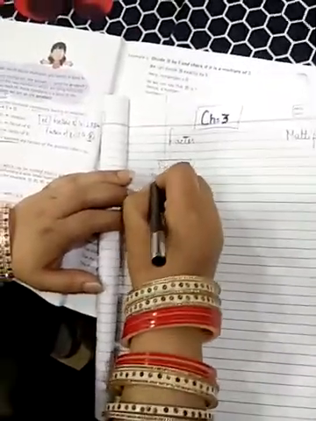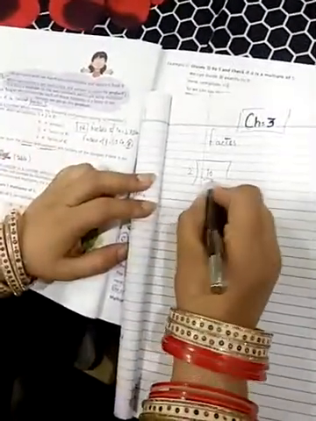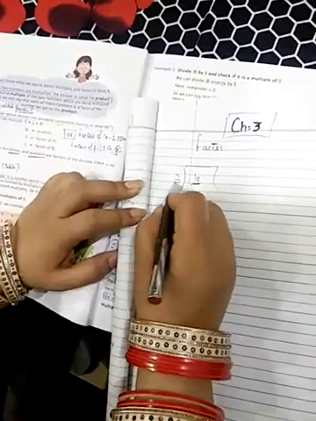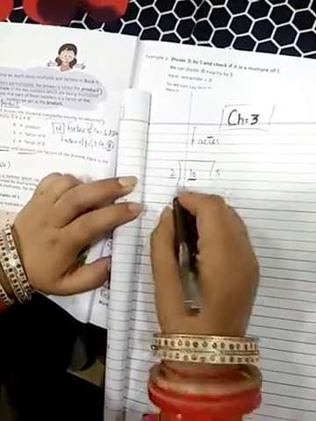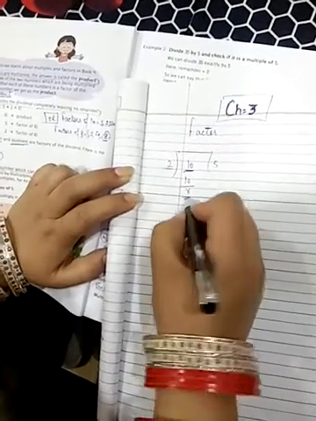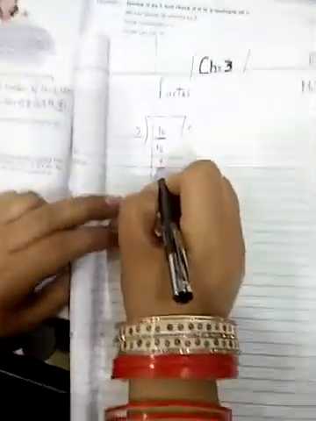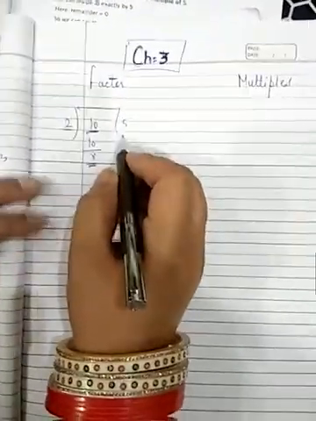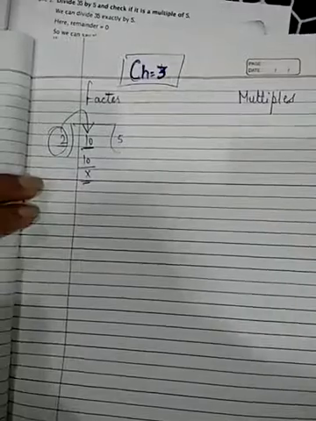I am giving you an example of factors. Factors of 10, if I am talking about. So this is called dividend and this is called divisor. Divide these two. So 2 5s are 10. Is there any remainder? So either write cross or 0, means there is no remainder. So if a number divides completely leaving no remainder, that is called factor. Means 2 is a factor of 10.